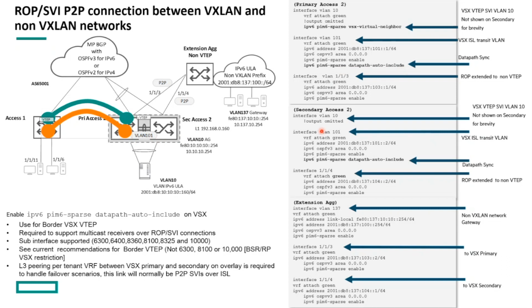And then similarly, I've got it on the secondary too, in the same subnet. Then simply on the uplinks I've just got a routed port on both 114 and 113 respectively, which are in